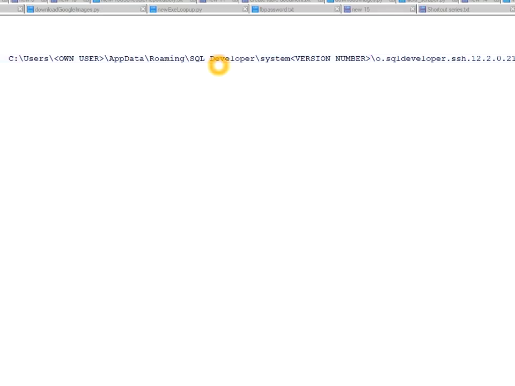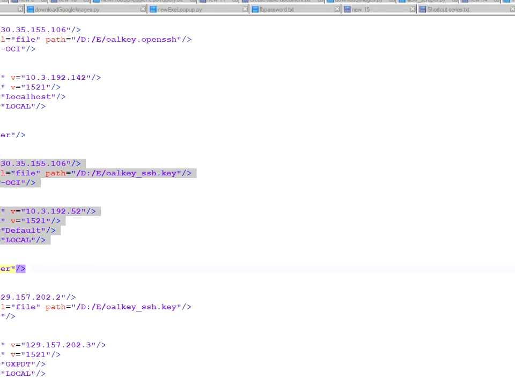Yeah, so you are able to see clearly, right? This is the one which you have to deal with. You have to go to your user, which will be your own user. Then AppData, Roaming, SQL Developer, System, and there will be a version like 4 point something, and then you have to go inside this. If you go inside, you will be able to find the SSH key. This is the SSH key which is here. And if you open the SSH key, you will be able to find all those records. If you are seeing the screen correctly, you will be able to see.